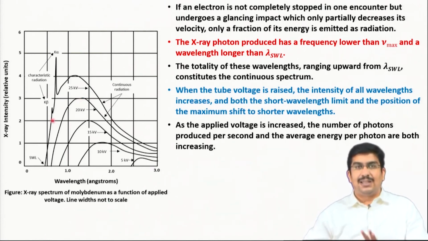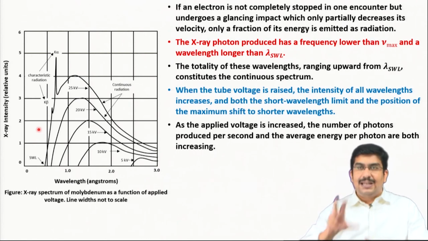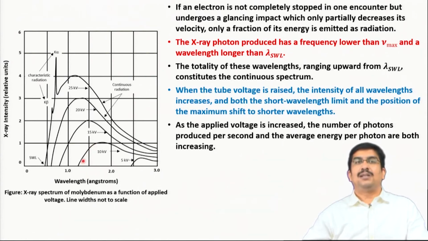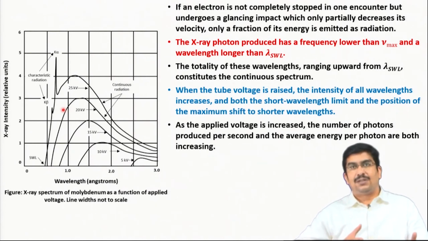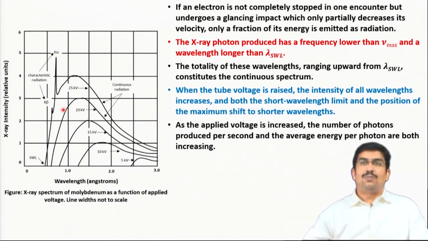So, these are the two things that the tube voltage causes for the X-rays that are generated. If the tube voltage is raised, the intensity of all wavelengths increases and the short wavelength limit shifts to the lower side. Also, one more